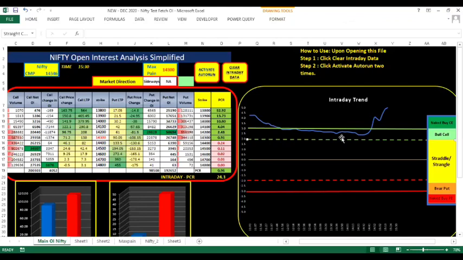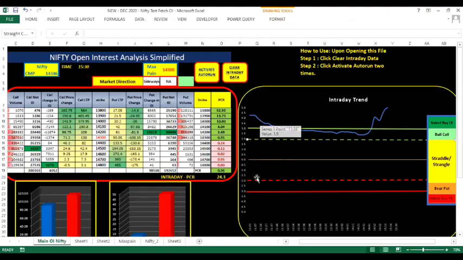Another important point for usage of this file is we need to start this file only after 9:25 or 9:30, because in the initial 5-10 minutes, generally NSE does not update the option chain because a lot of activity is happening and there is a bit of delay in NSE updating that data. So when we start, say for example at 9:30, then in the next 5 minutes you will find some dot being created in this chart, and then every 5 minutes the time is being captured and a line is being drawn. So how do we read this?